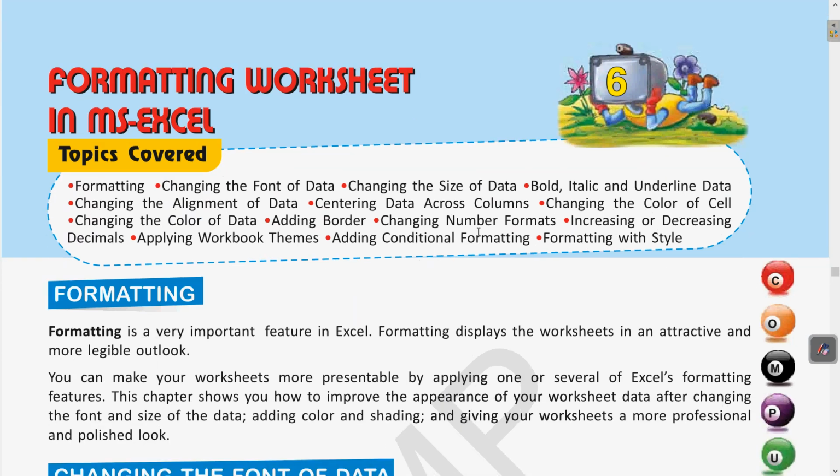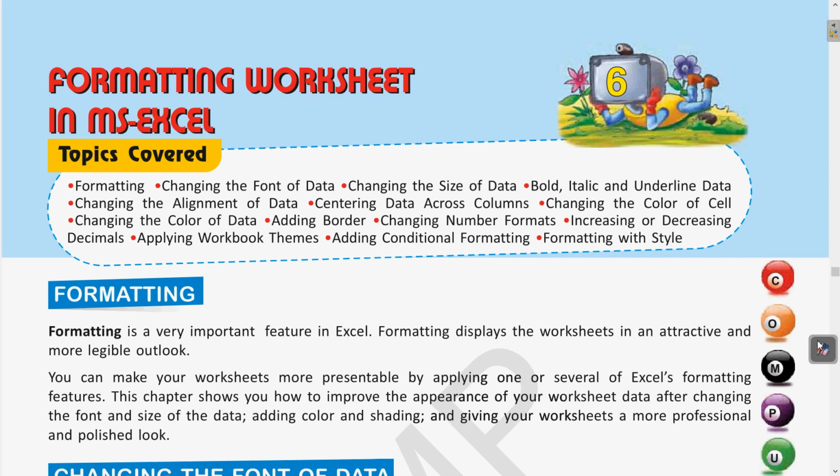the worksheet. So in this chapter we will see what is formatting. Formatting exactly means that if you want to do some changes, clear? So if you want to change the color, the size of the font, the orientation, all these settings is called as formatting. Worksheet already we know, in Excel the sheet where the data is saved in the form of rows and column, that is called as worksheet.